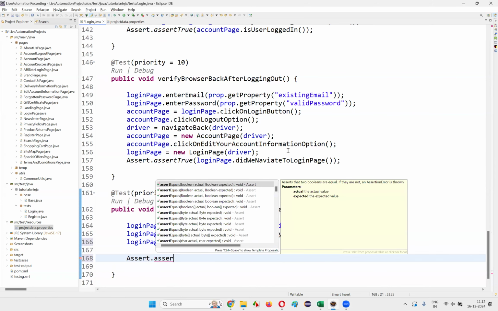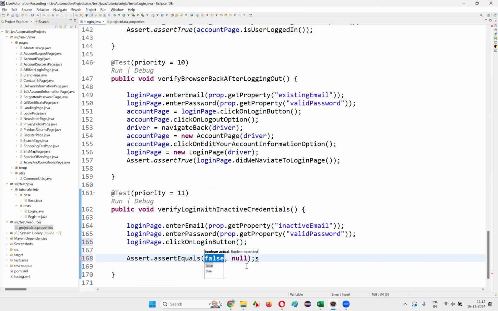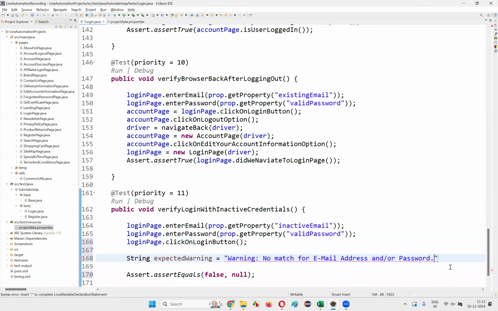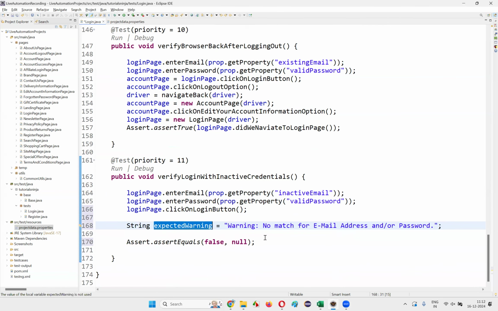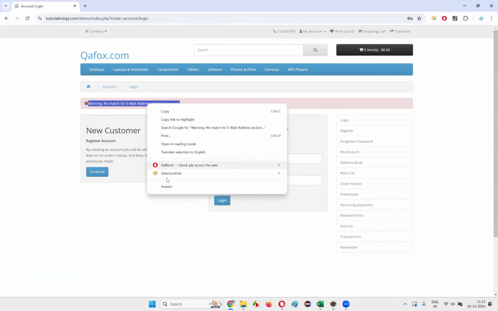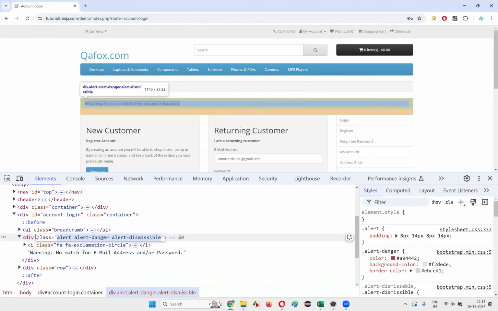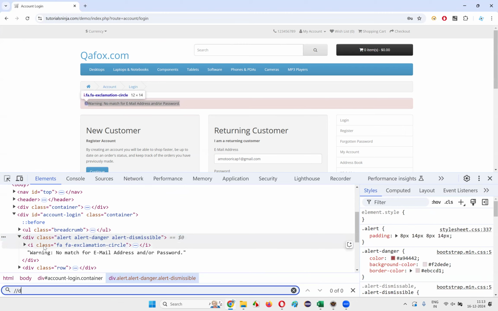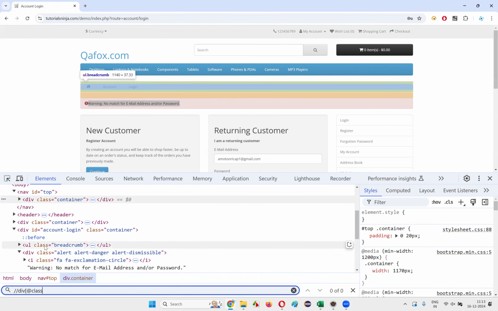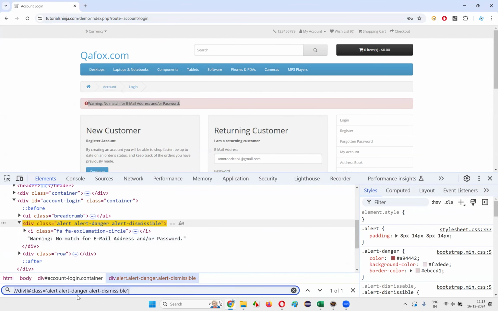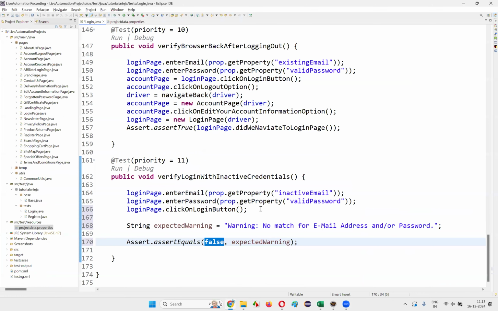Assert equals, let's say expected warning message. String expectedWarning is equal to, give that expected warning as "Warning: No match for E-Mail Address and/or Password." Put a semicolon here. Expected warning, you copy paste here, and here inspect this part, and this is the HTML code. Copy this, Ctrl+F, double forward slash div at the rate class is equal to, copy this,